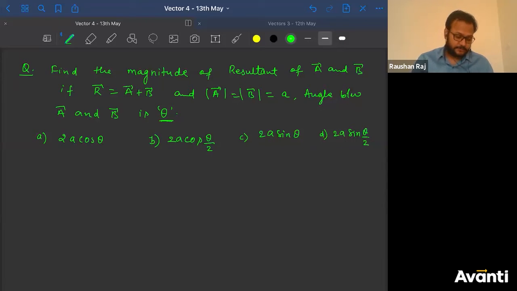So this is the first question that we are going to do in our class. Let's start with this question. I need all of you to solve this question and respond to me. I have launched the poll now, so you can respond using the poll. Which option is correct? Or if you find some other answer, you can put it in the chat section. If you think none of them is correct, you can put that answer in the chat.